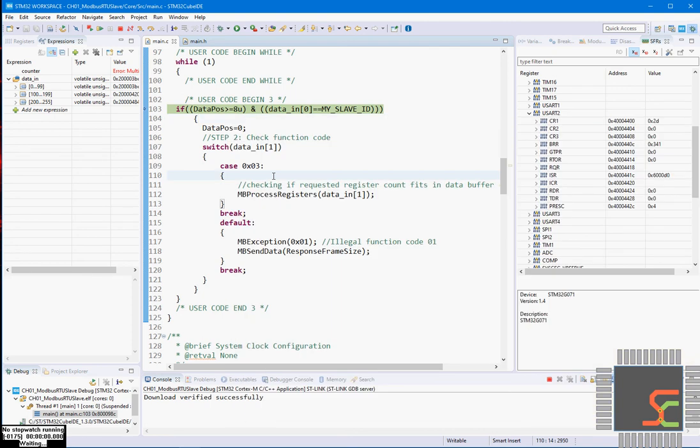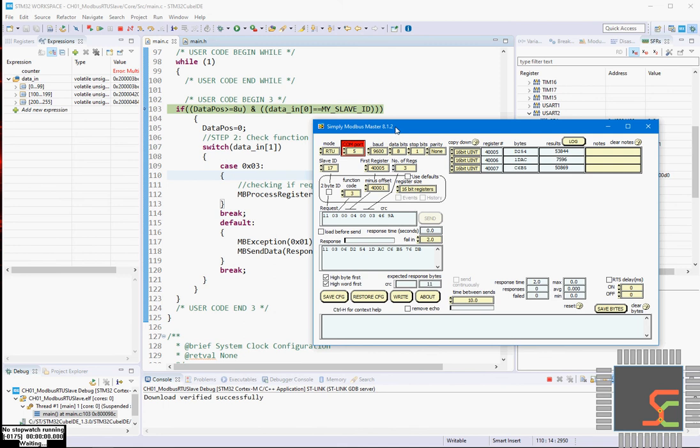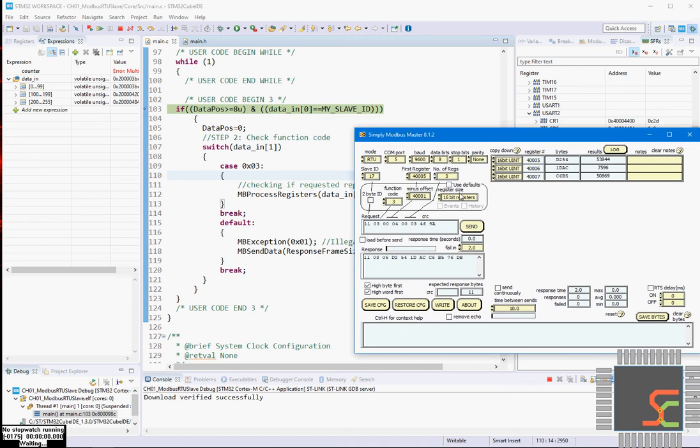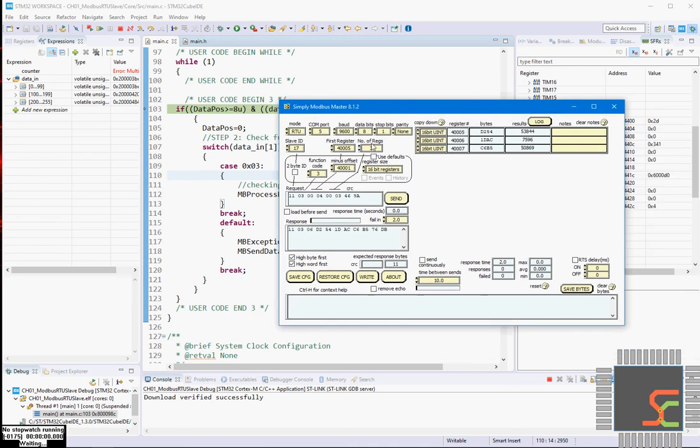Now for the Modbus master simulation, I am using the software called Simply Modbus. So let's check. Okay, this is Simply Modbus master. Let's request some data. I already requested some data, we'll clear that.